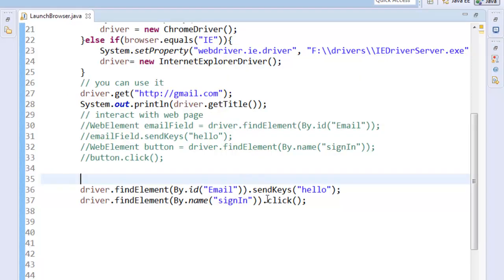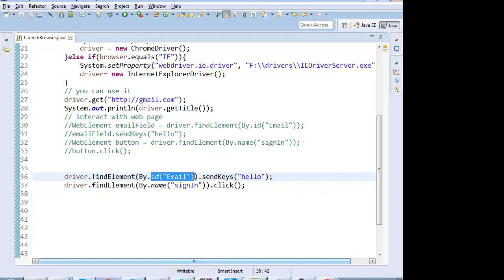Sometimes what happens is that the IDs are also not unique. This should not happen. Two elements on the page have the same ID.